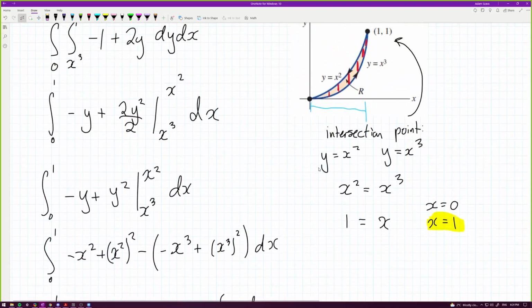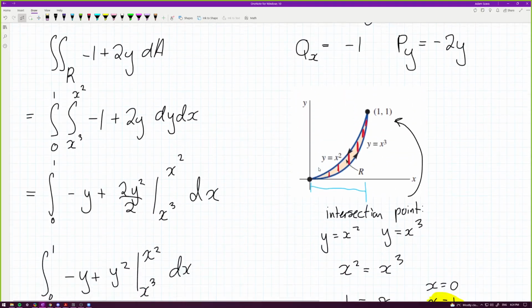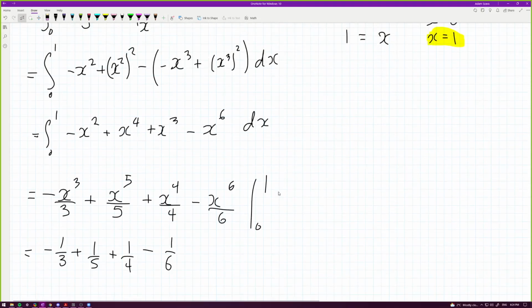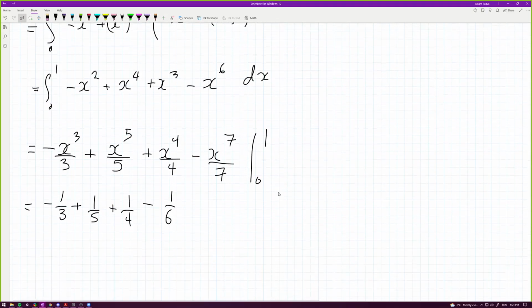Okay, I should have equal signs at the start of all these lines. I don't know why I didn't do that. Just to be clear. There you go. And then 7, not 6. Yeah, that makes sense, 7 over 7. Thank you. And then I'll just plug this into my calculator, and I'm fairly certain we'll get the right